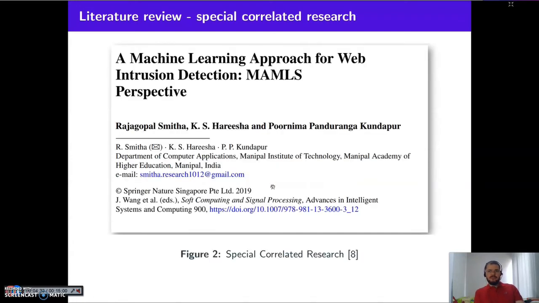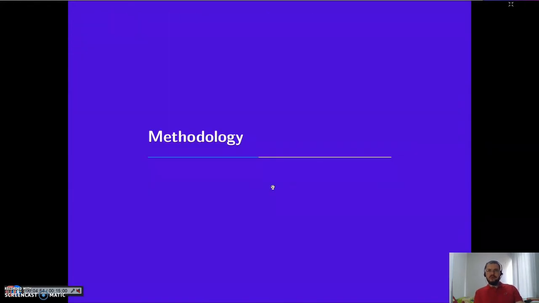A previous research by Smith et al., reference 22 in our paper, number 8 in the slide, implemented a method for feature selection scaled MR and presented good results in the HTTP CSIC 2010 dataset. An interesting point in their research was the use of Microsoft Azure Machine Learning Studio, a tool that's not very popular in the scientific world, but